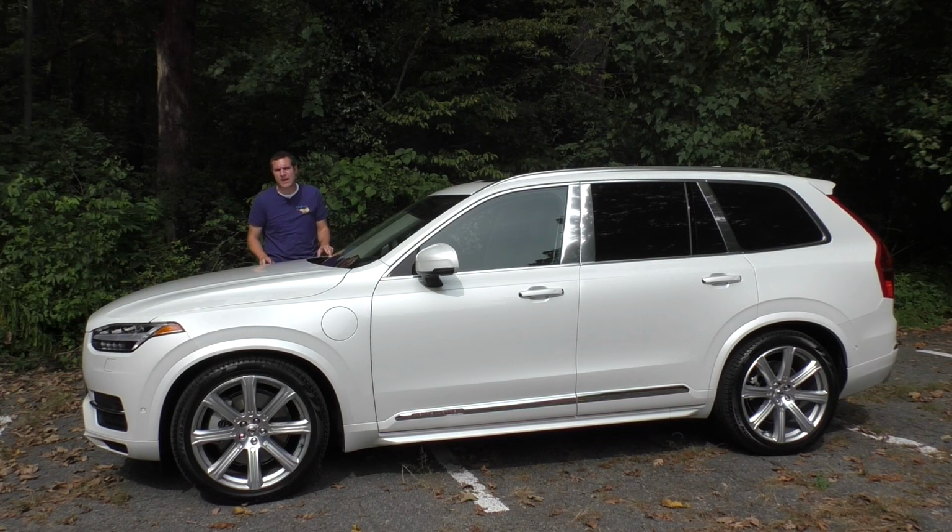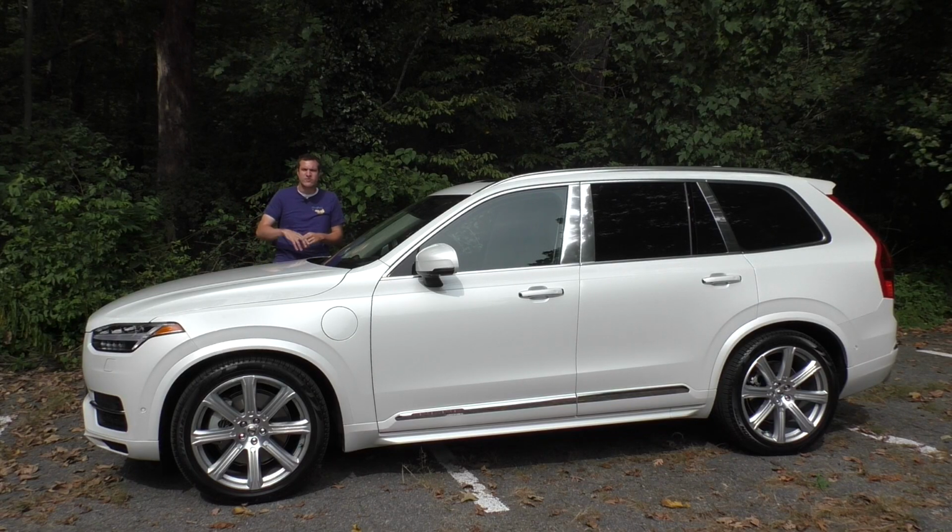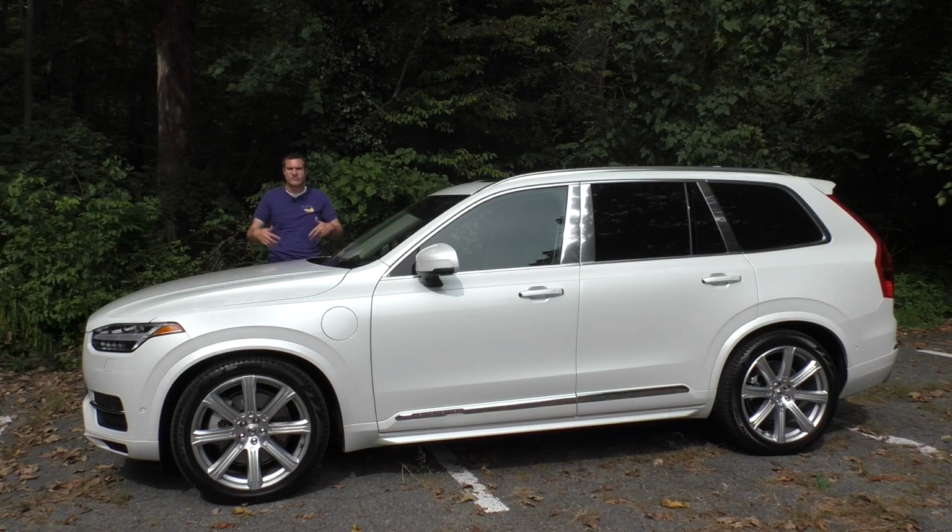The XC90 lineup starts with the Momentum model, which starts around $48,000, less than half the price of this. That means the Excellence doubles the price of the base XC90 with just features and options and equipment and trim. Next up in the XC90 range is the Inscription, which is the luxury version, and the R Design, which is the sporty model, and then there's this, the Excellence, which is designed for people who want to be chauffeured around